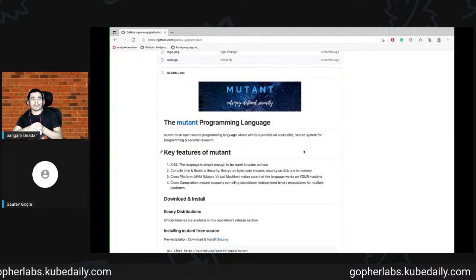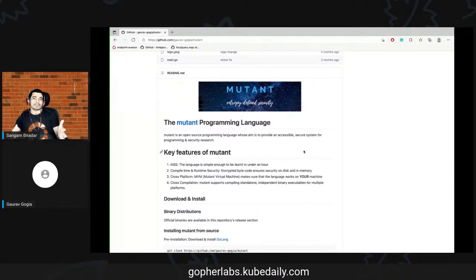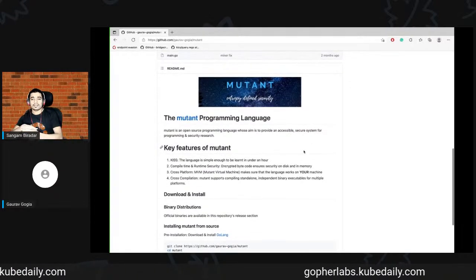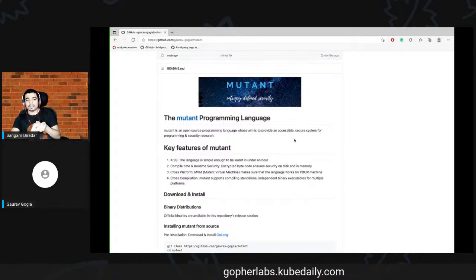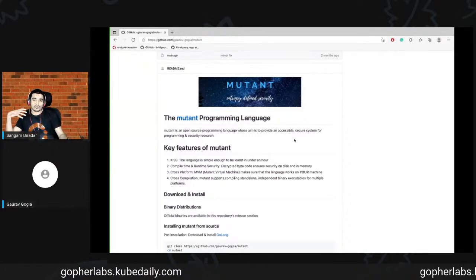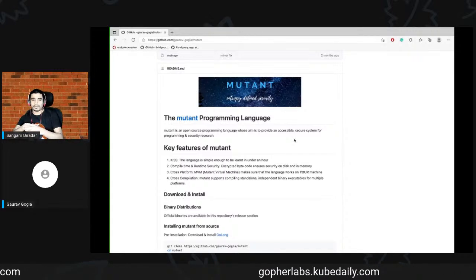You can compile within a second. I will say Go is like advanced C programming, so this is much faster, and I think Mutant is fit for security purposes. We are not here to judge slow or fast, but this is a great project.